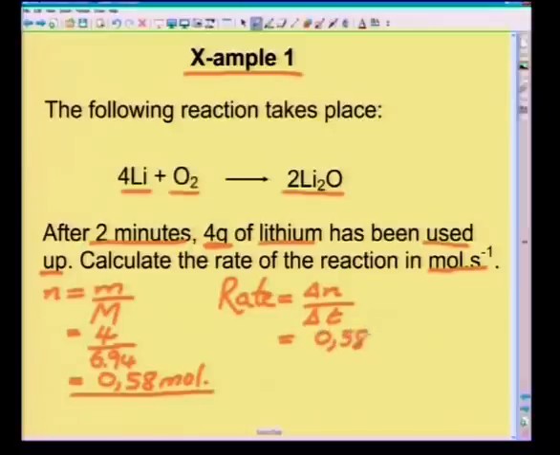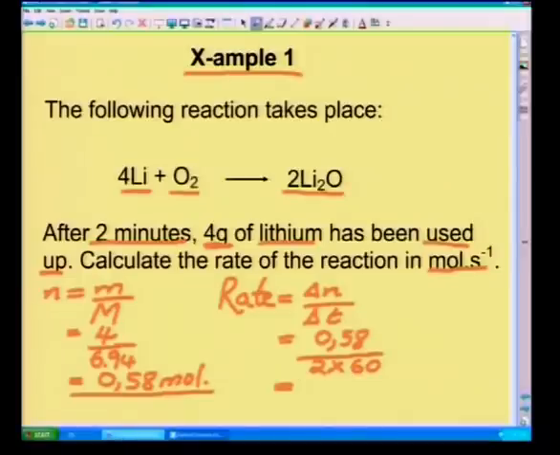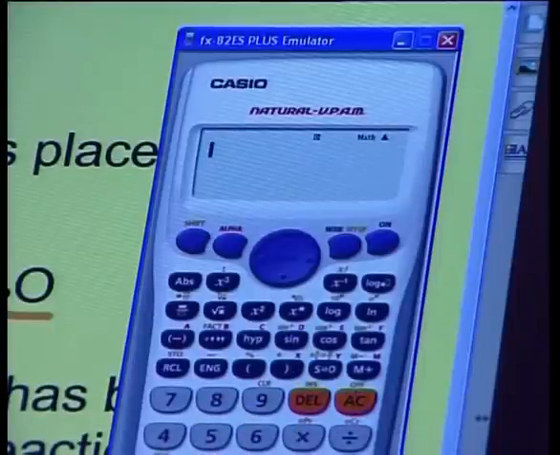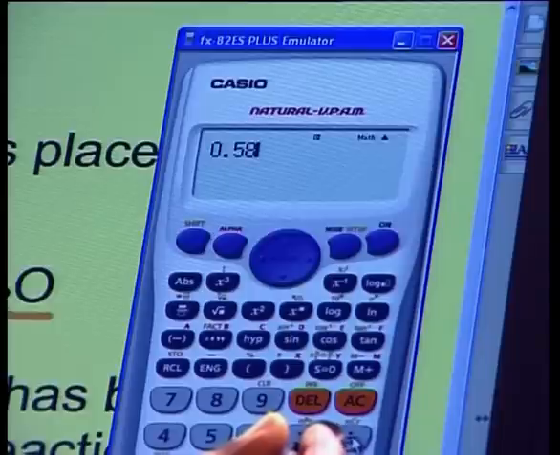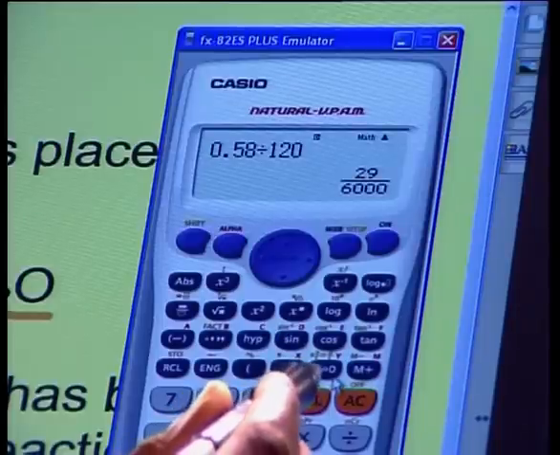So 0.58 moles divided by the time it took for 0.58 moles to be consumed, which is given as 2 minutes. Now again, are we working in minutes or in seconds? We're not working in minutes. We work in seconds. To convert minutes into seconds, that 2 should be multiplied by 60. So you have 0.58 divided by 120. You can again use your calculator here: 0.58 divided by 2 times 60. We know it's going to be 120 seconds, and then the answer is